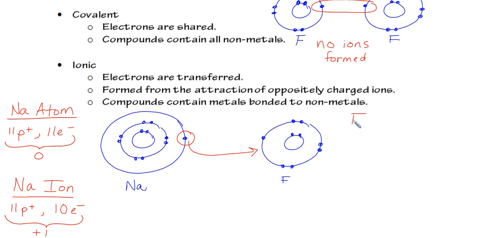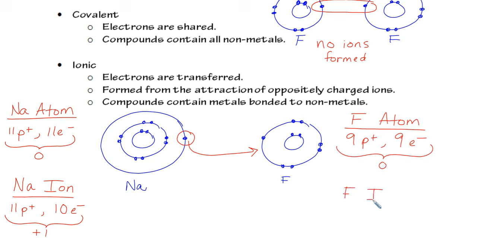Fluorine. I mentioned the fluorine atom earlier. Fluorine was number 9. We had 9 positive protons and 9 negative electrons for a total charge of 0. But now as a fluorine ion, that is not the case. We still have the 9 protons, which I didn't draw on this picture because they're not really involved in bonding. But we gained an electron, so now we have 10 negative electrons, leaving us with a balance or a charge